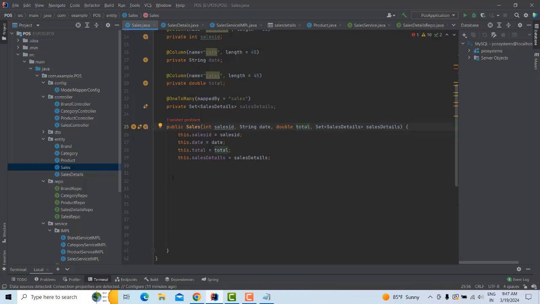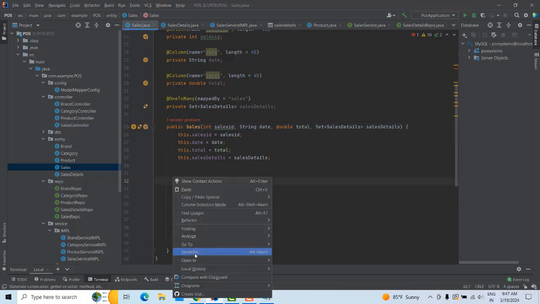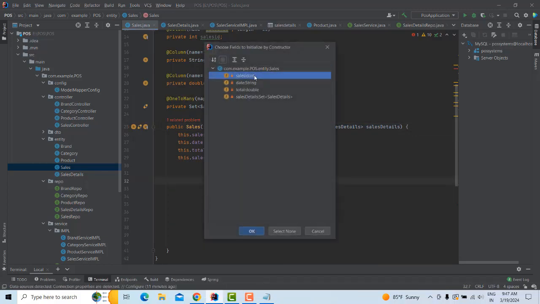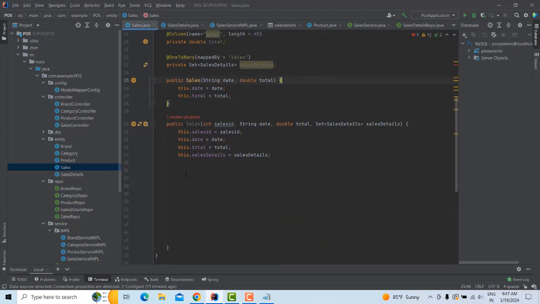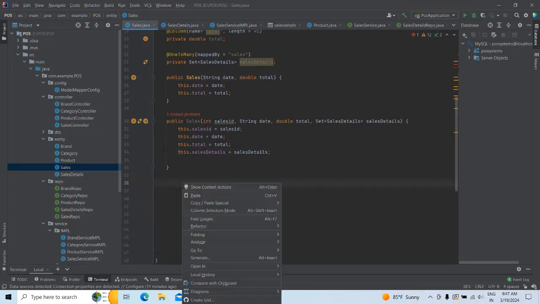So we have to add it. Here we need to generate a constructor, only these two fields, right? So there are two things with constructors. For the third one, I'm going to generate a blank constructor,